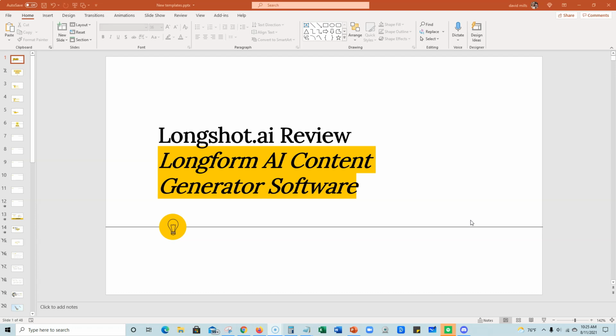Now, they've gotten much better introducing Boss Mode, and I'll probably do a review or a comparison between Jarvis and Longshot AI. But I have been writing some posts with Longshot AI the last couple of days, and I am super impressed because, personally, it solves the issue of writing blog posts and long-form content, and putting in a bunch of subheadlines, which Google loves,